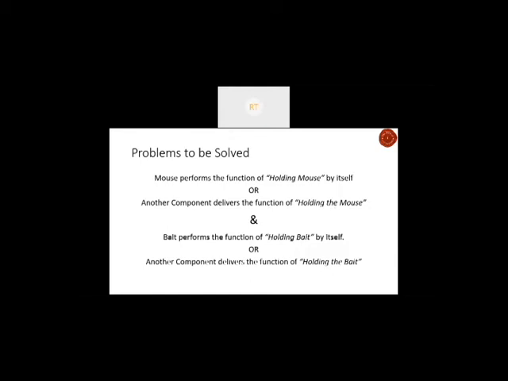So we can have a bait that can just paralyze it for a few minutes, and like you can hold it, and then without the mouse harming you, you can leave it somewhere else, not harming it completely.